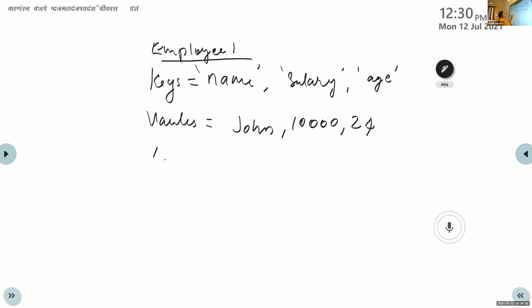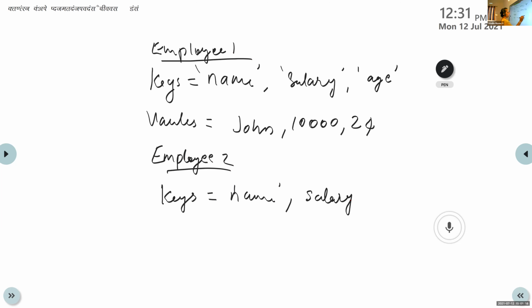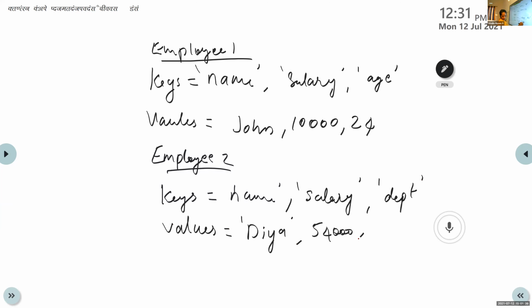And the second dictionary is employee 2. Keys are name, salary and DEPT, department. Values are Dia, 54,000, Sales.